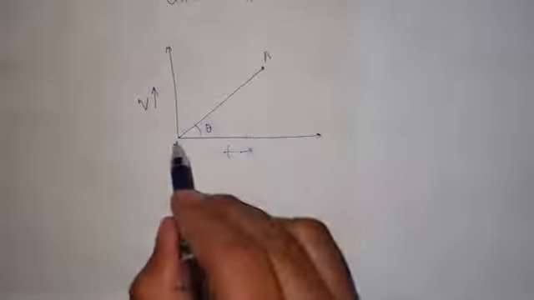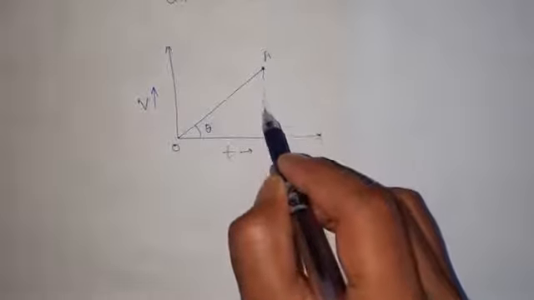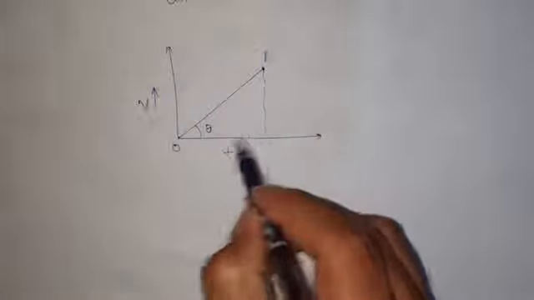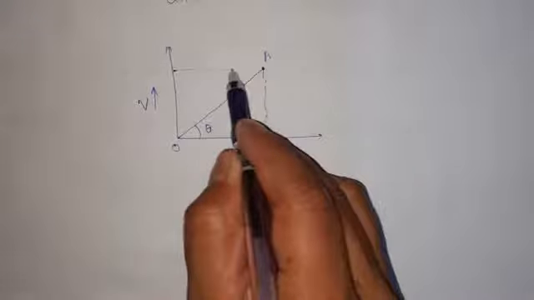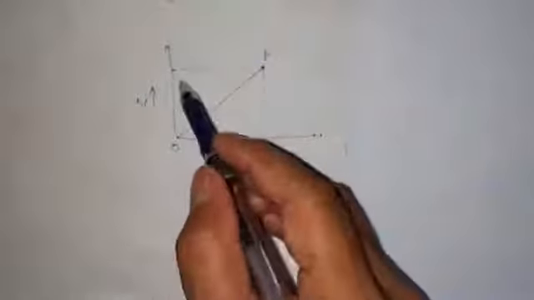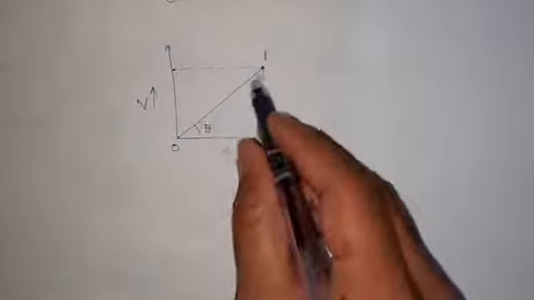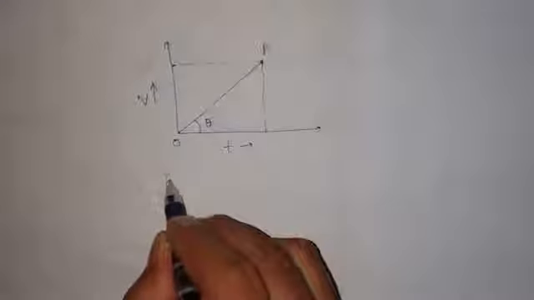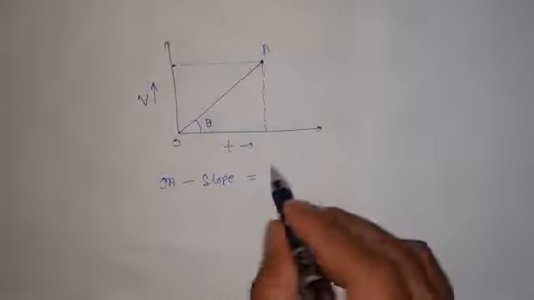Okay, now over here when it is at point A, it has taken some time, so a perpendicular is drawn. This will tell us the time, and this perpendicular on the vertical axis will give us the value of velocity. तो origin से उस पॉइंट A के ऊपर उसकी velocity क्या है, ठीक है. So now over here this OA is said to be the slope, and slope will be calculated